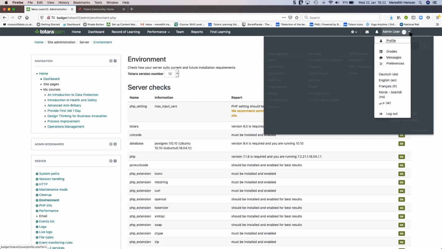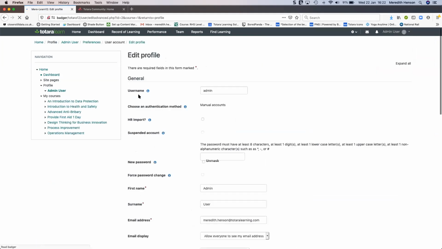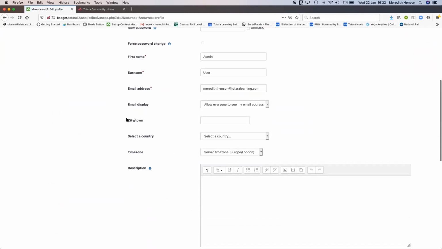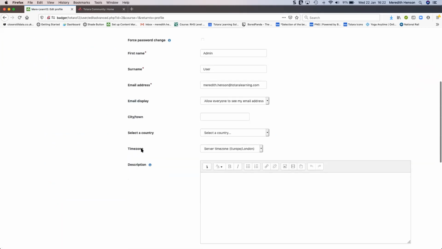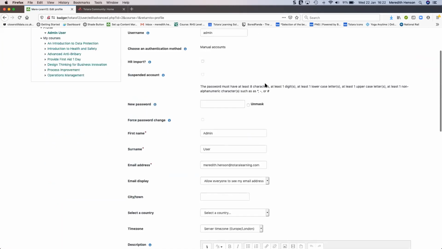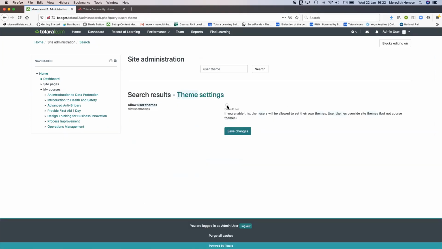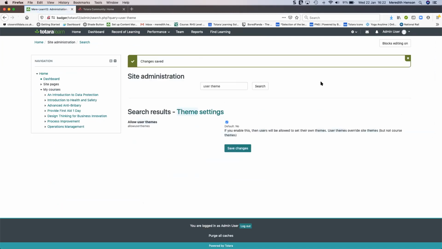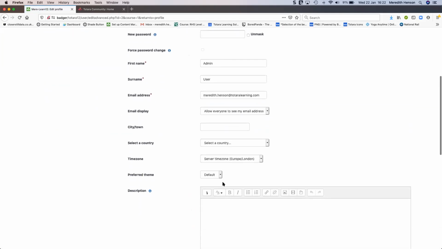It's within a user's profile. In fact, I'll just use my admin menu here. If user themes are switched on, under advanced user, then I can select my theme in this area here. So it just needs to be switched on. So if I go to just do a search for user theme, we've done this before. If I allow that, then when I go into my profile, or an individual goes into their profile, they're able to select their preferred